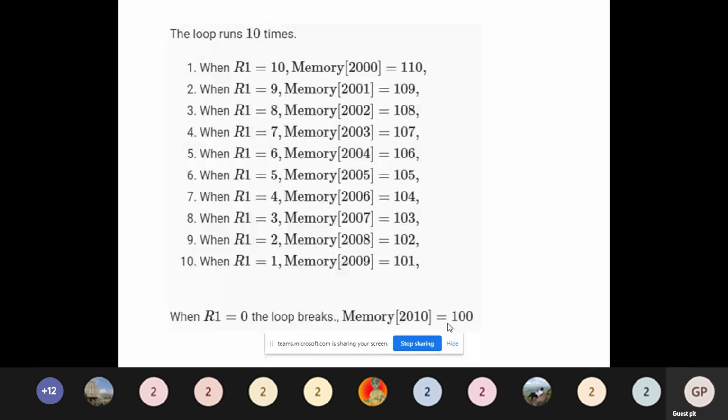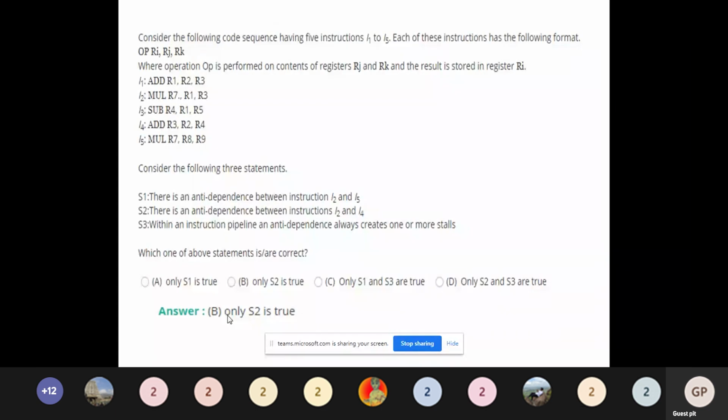So here the next question is: consider the following code sequence having 5 instructions, I1 to I5. Each of these instructions has the following format: opcode, RI, RJ, and RK.